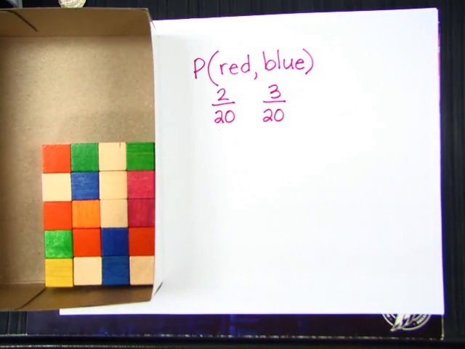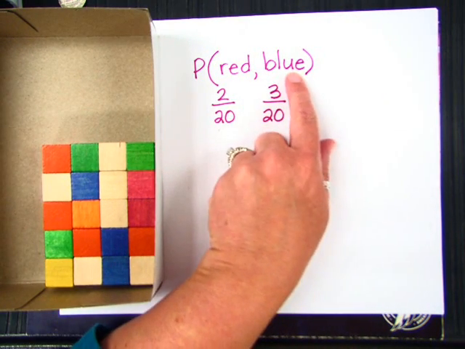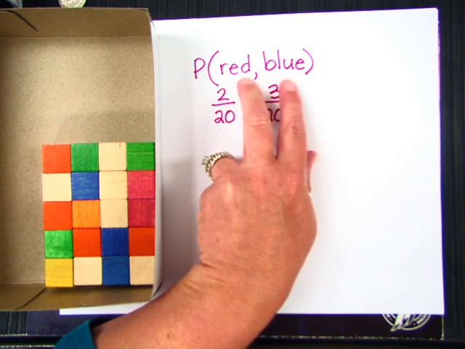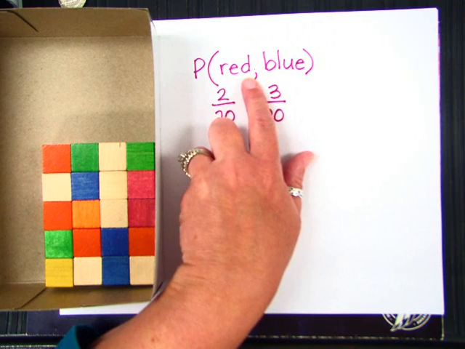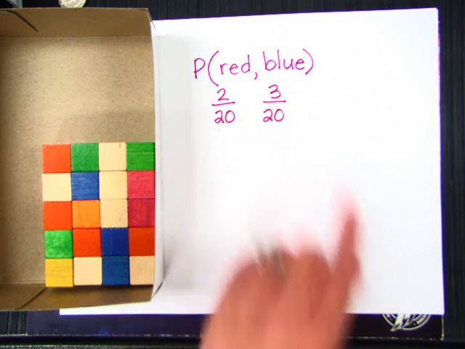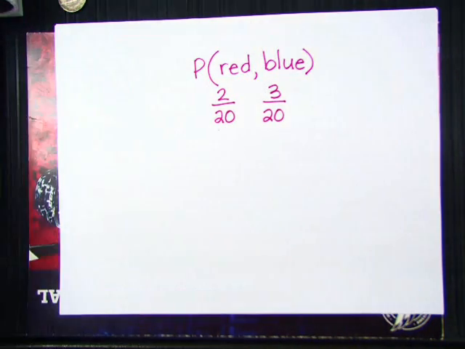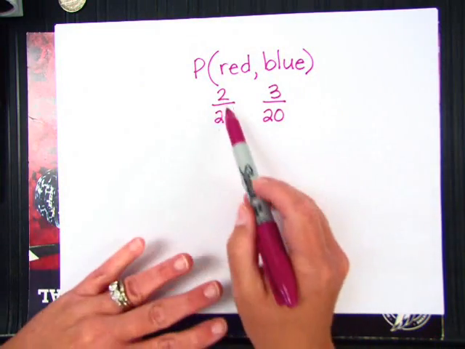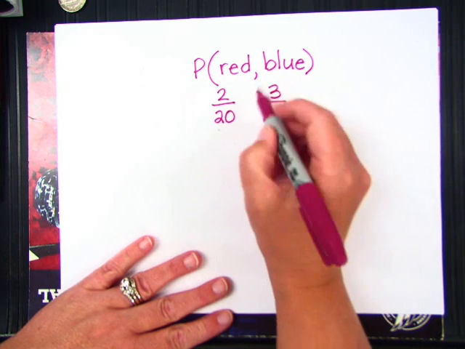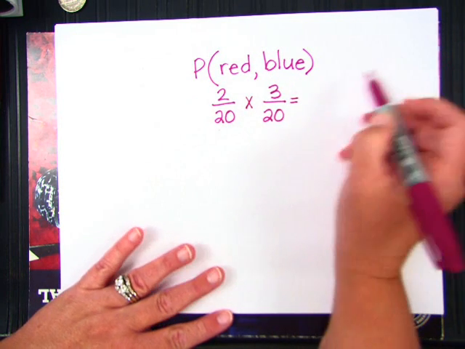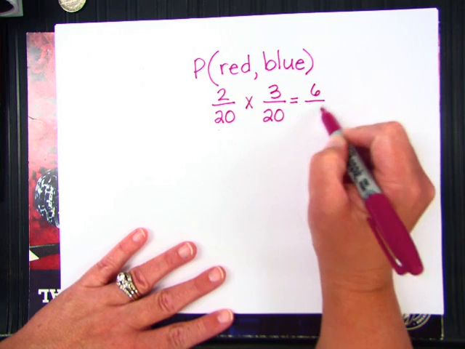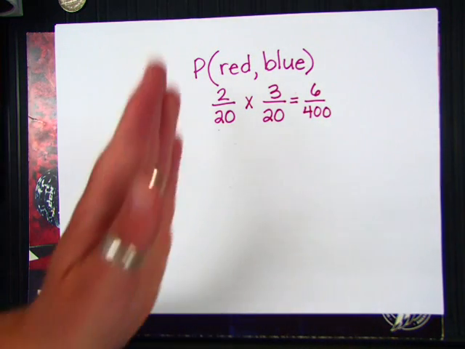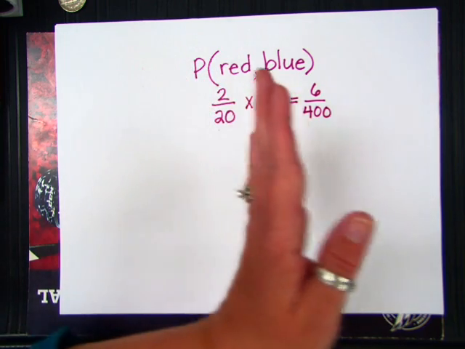Now, watch what happens, because these are not single events. They're independent events, but it's not a single event. You're looking to find 2 things. You want to pick a red, and then you want to pick a blue. To find the probability of picking a red from this tub and then a blue from this tub, you take your 2 single probabilities and you multiply them together. So you would have a 6 out of 400 chance of picking first a red cube and then a blue